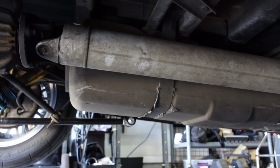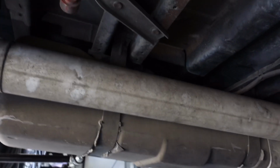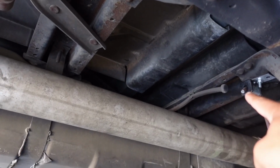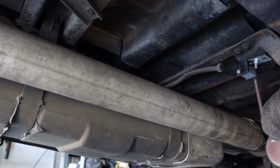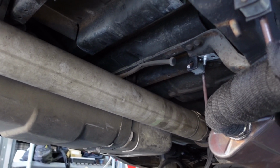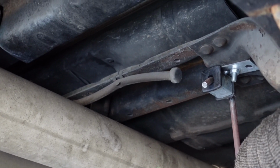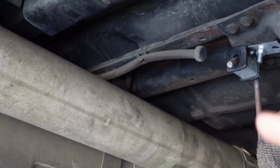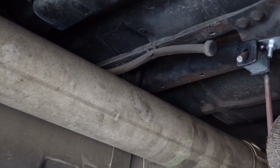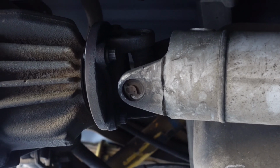And I'm about to remove the drive shaft, and the crossmember that I'm supposed to bolt it up to is the one right here, right next to the exhaust. So there should be some holes on that crossmember that line up with the holes on the bracket. I'm going to have to relocate that vent tube to the top of the bracket. But yeah, hopefully this hanger here does not come in the way, which I don't think it should. It's kind of out of the way. So once we go ahead and remove the 4 bolts from the drive shaft,